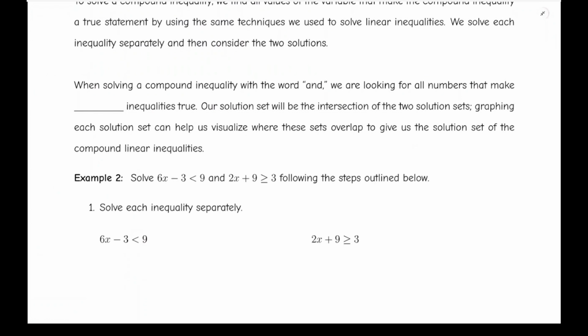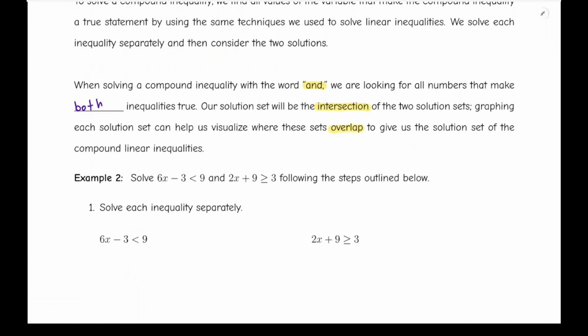When solving a compound inequality with the word "and," we are looking for all numbers that make both inequalities true. Our solution set will be the intersection of the two solution sets. Graphing each solution set can help us visualize where these sets overlap to give us the solution set of the